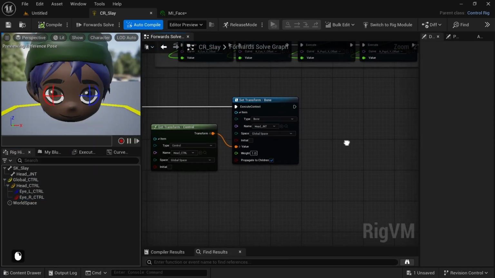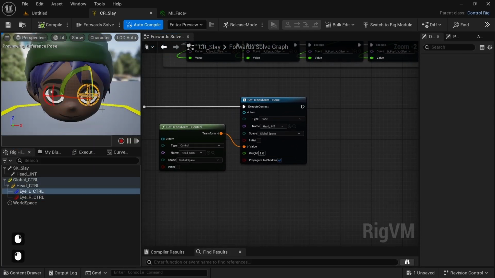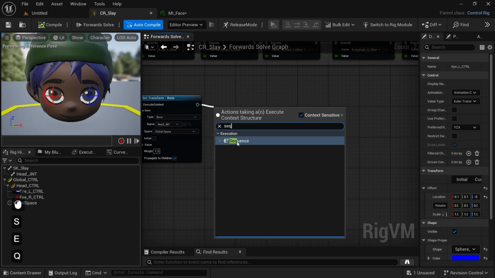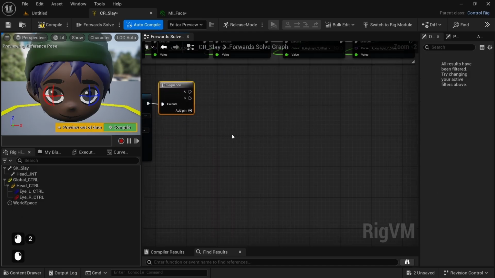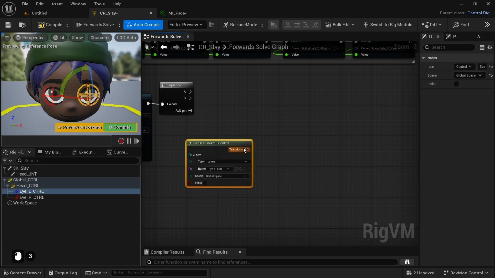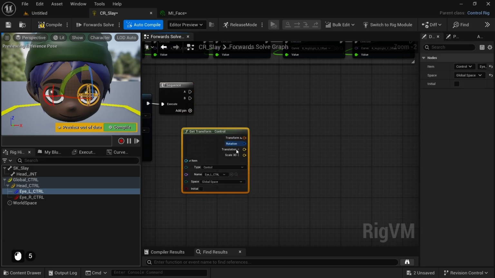To create the effect of our pupils moving around when rotating the FK controllers, we want to map the controller rotation to the X and Y translation of our pupil texture. To do that, let's add a sequence after the setting of the head joint, then drag and get the left eye controller. We want to isolate the X and Z rotation of our controller, but we can't access them directly